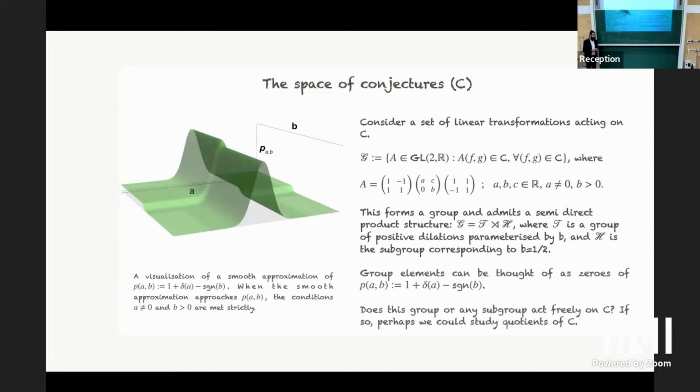If you gave me a mathematical conjecture and a bijective function, or a whole host of them that satisfy this criteria, they just can't vanish at 0, then I can give you tons of other conjectures that will look quite different from the original conjecture. So potentially this is a way of generating more points on the conjecture space through this group action. We are currently studying this group and trying to understand its properties and how it acts on the conjecture space. But this is a much larger group than what we have considered so far.